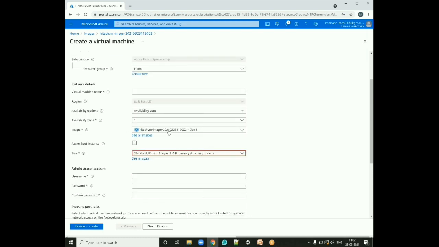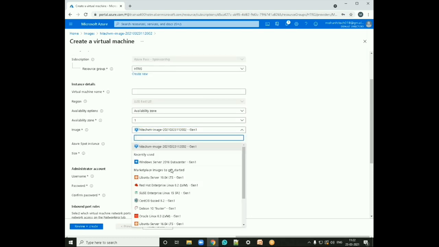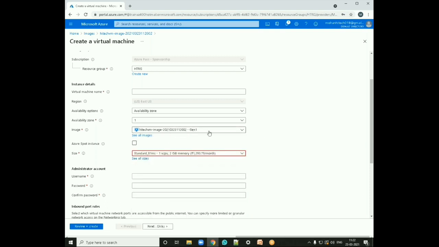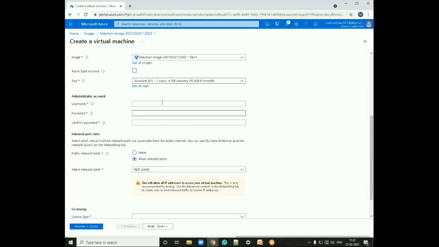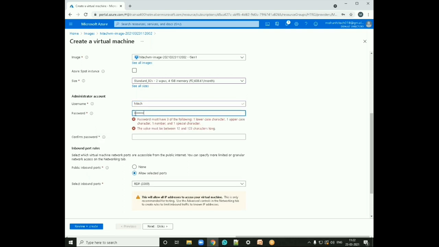Here, instead of choosing other Windows Server images, you take your own image, your own VM. The virtual machine name we can provide as usual, high-tech VM. Let me enter the password.